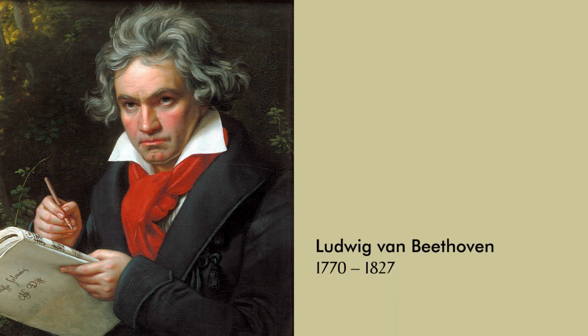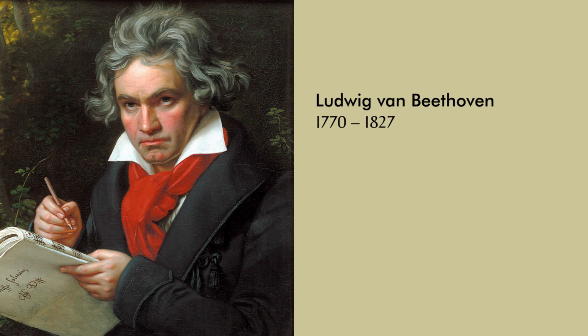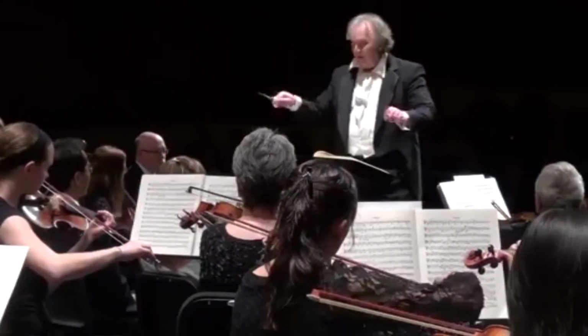Ludwig van Beethoven may be the most pivotal composer in all of music history. Not only did he expand the length of the symphony and size of the orchestra, but he also regularly used instruments like the piccolo and trombone, added extra percussion, strings, and even a chorus in his Symphony No. 9.